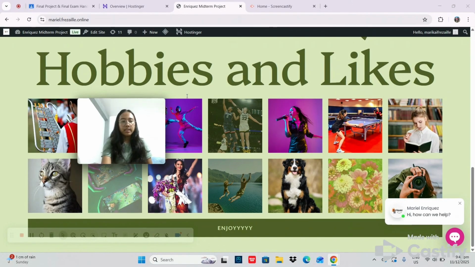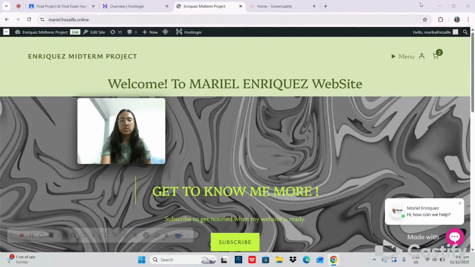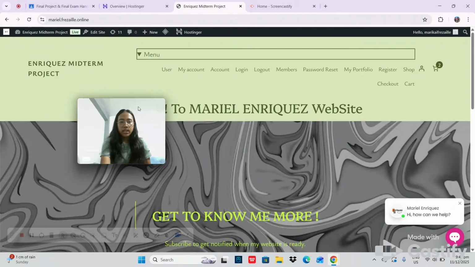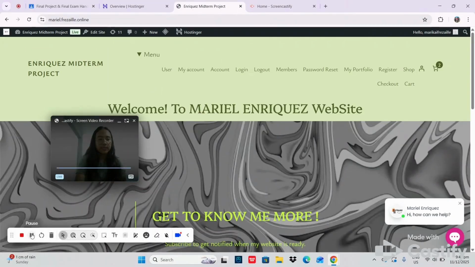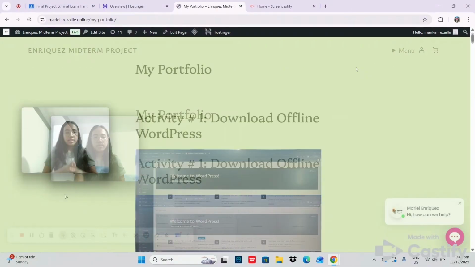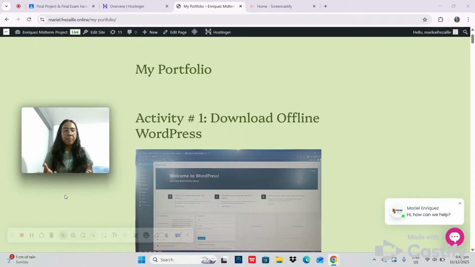So now, let us proceed to the menu section. Click menu. So you can see here in the menu bar all the functions that I've added in my plugin. But before that, we are going first to my portfolio. This is my portfolio page. So this page showcases the systems and websites I've built, including a simple guestbook plugin, building a CRUD plugin, project website deployment in Hostinger, e-commerce plugin, white label plugin, Wordfence plugin, Ultimate Member for User Role plugin, and Chatway plugin.